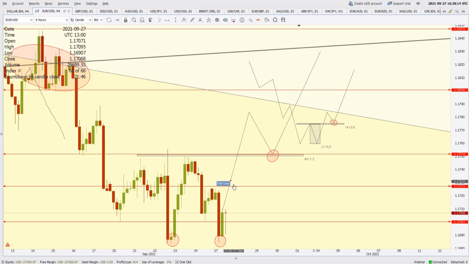Alright, so right now you can see that after making this double bottom, which is not a confirmed pattern yet, the pattern confirms only at the break of this reaction high. So till the time price does not break the 1.1751 region, we cannot say that the double bottom is confirmed. But you can see that this is a support level of 1.1700 and we can see a bullish pin bar forming on the 4-hour chart,